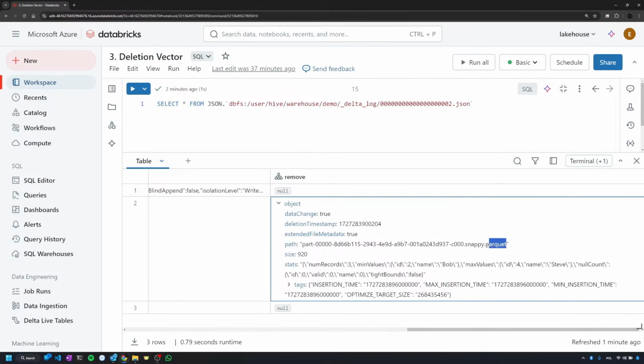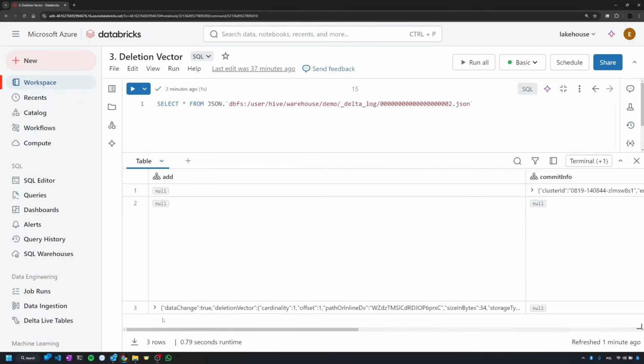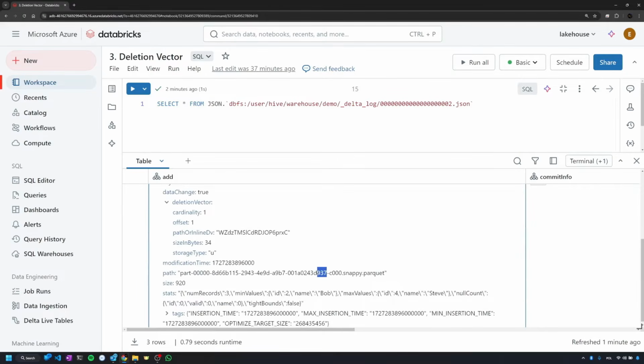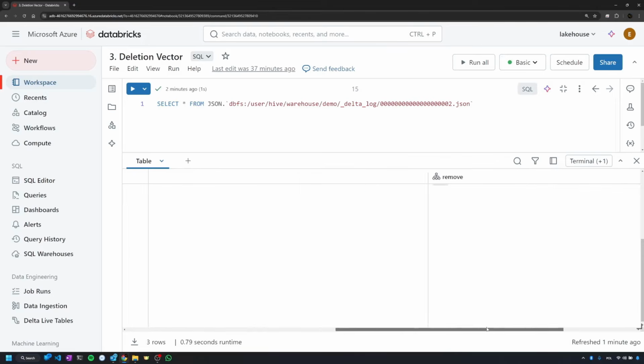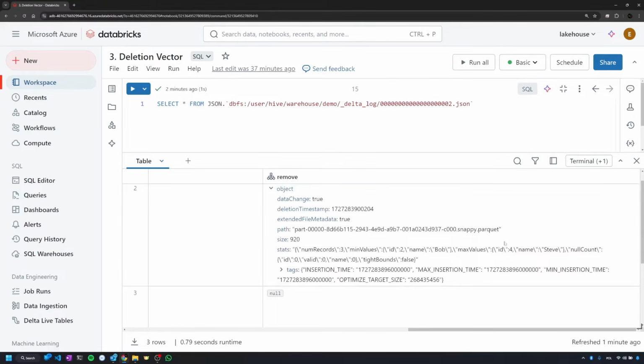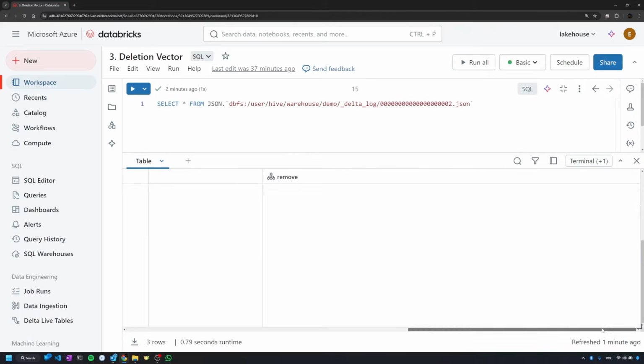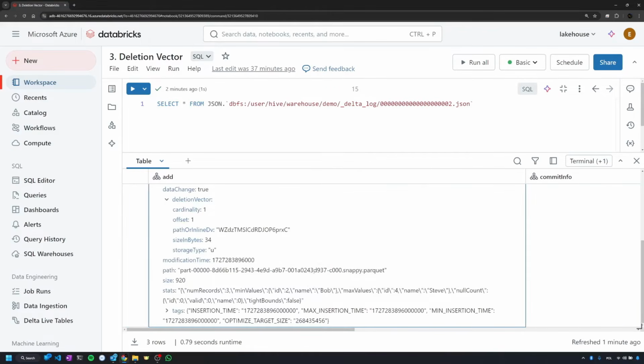But how could we remove the whole file if we have 3 records there and only one of them has been removed? And the answer is that straight away after this being removed, there is information in the delta log. Whoa, hold on a second. This file is still important, it's exactly the same file, 937, and here we are removing 937. So here is the information. No, this file is still important, just the way to read it, dear Databricks, is you can read the file,